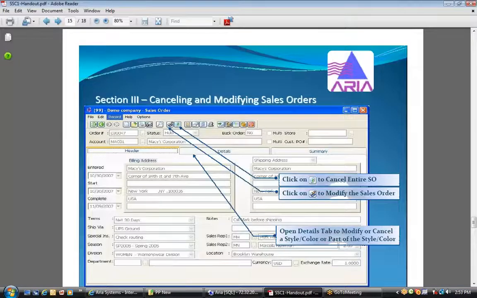So these are the two common scenarios of revising an order, either editing or canceling partially,